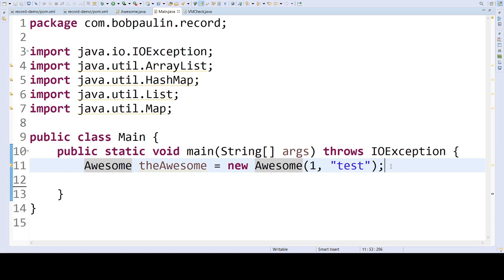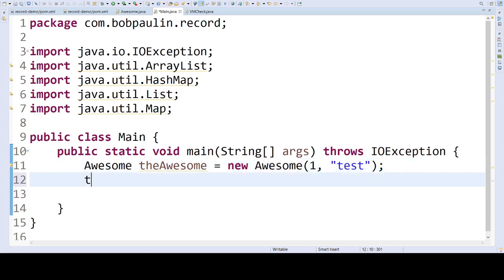However, one thing I can do with the awesome object is I can type the awesome and then dot. And let's say my first field name was num, I could do num, open parenthesis, close parenthesis, and without typing anything in the definition of the record, I have an accessor.